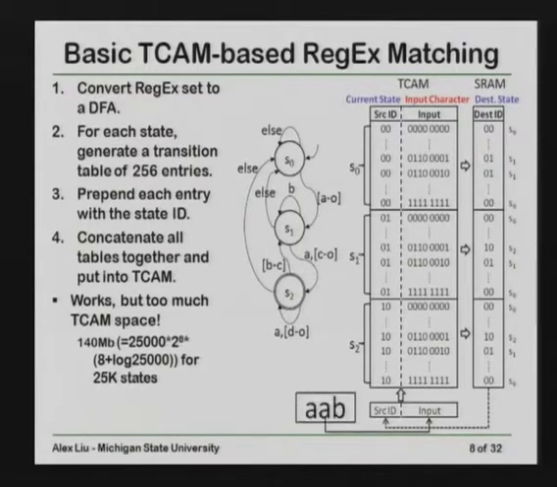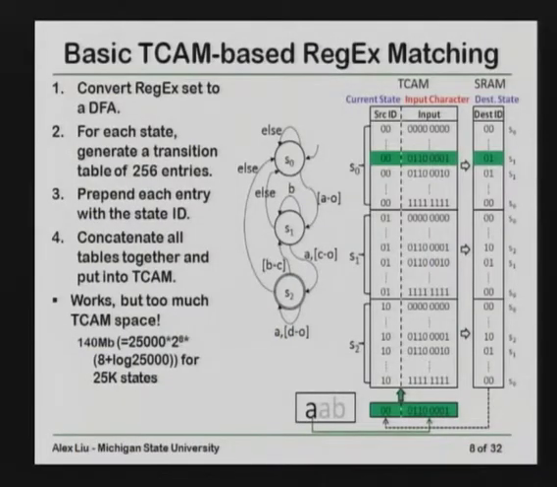So let's look at the lookup process. Suppose I got a string of, say, AAB. First, for every DFA, there's a starting state. The starting state in this case is S0, which is state ID 00, and then A is 10110001. So I concatenate the current state ID plus the current character, and then I perform a lookup. It will match this entry, and then I get the destination ID.